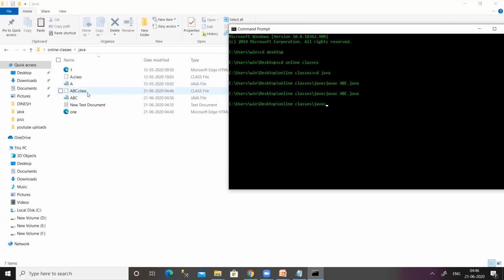That is the file which will be generated for each and every Java program after the compilation. It is a file which does not contain either high-level language or machine-level language. The code inside this class file is bytecode, and that bytecode is only understood by the JVM. No one can understand that bytecode other than the JVM. So any computer system which has the JVM can understand the bytecode.